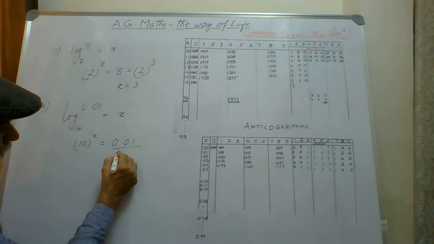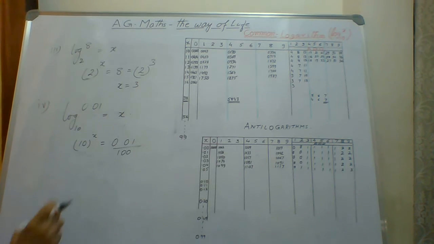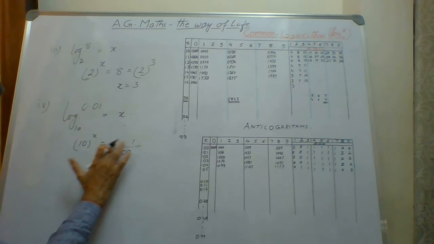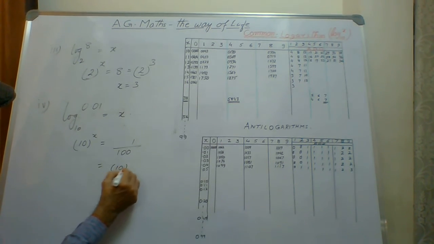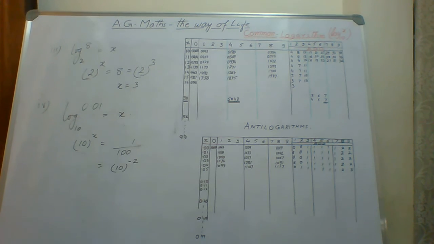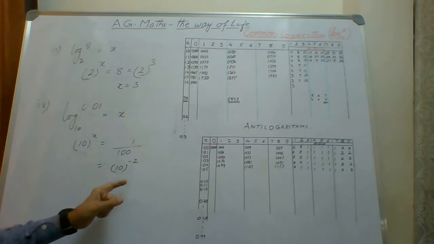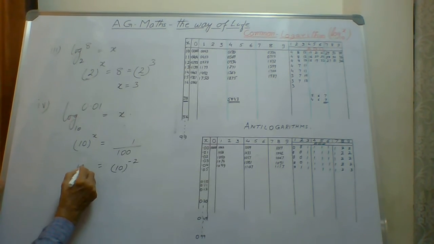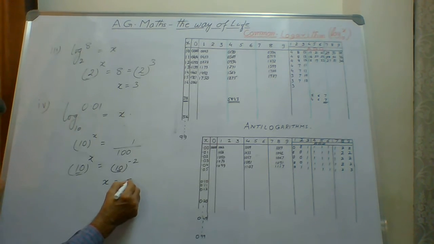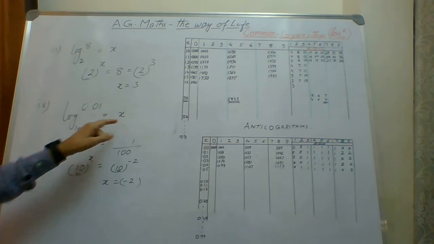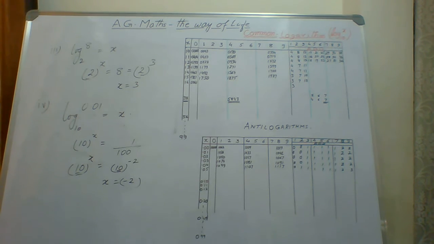I convert it into a fraction. So it is 1 and double 0 will come instead of the decimal. So it is nothing but 1 over 100. And that 1 over 100 can be written as 10 to the power of minus 2. 10 square is 100 and 10 to the power minus 2 means 1 over 100. So if it is now equated, you see the bases are equal and we can say powers are also equal. So the answer is x is equal to minus 2. This is a simple way of getting the log into exponential and exponential into logs.